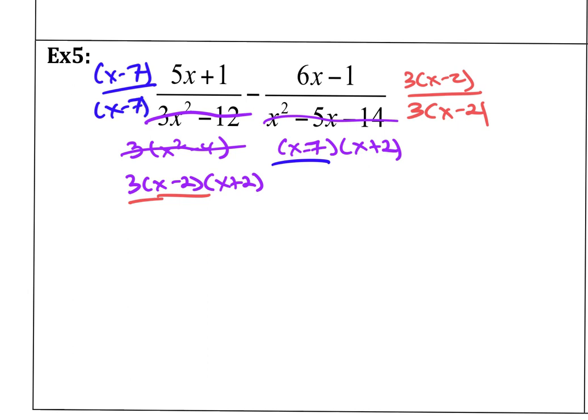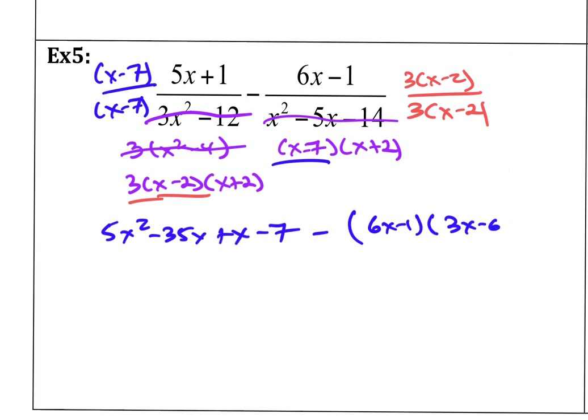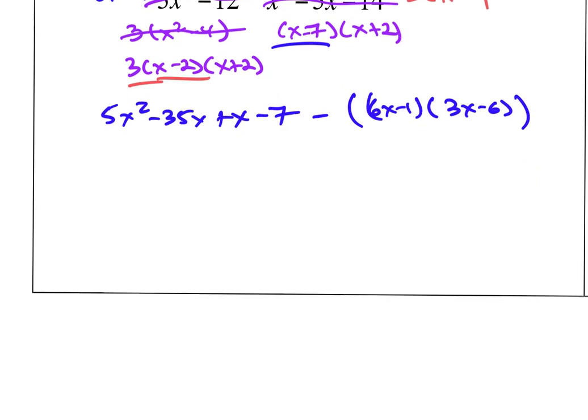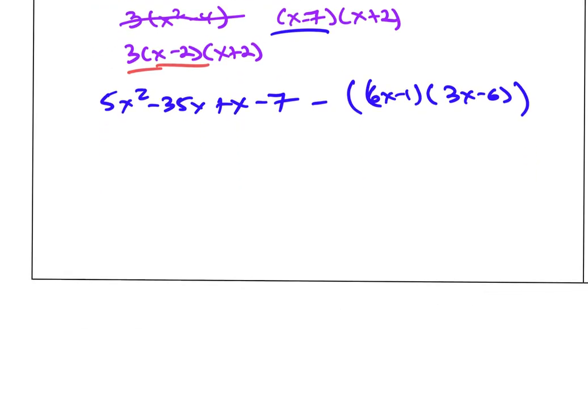All right, so when I do that multiplying, let's see what we get here. We have 5x squared minus 35x, and then we have plus x minus 7, and then I'm going to be subtracting, so I'm going to leave that in parentheses. We have 6x minus 1, and then times 3x minus 6. Give this one another set of parentheses. Okay, so I'm going to work with just the numerator for a second here. All right, so I have 5x squared, and then we have minus 34x minus 7, minus,